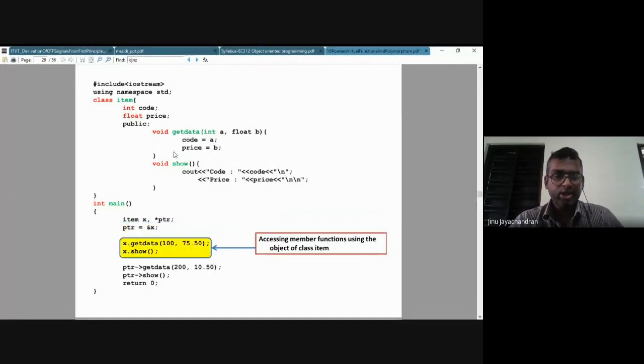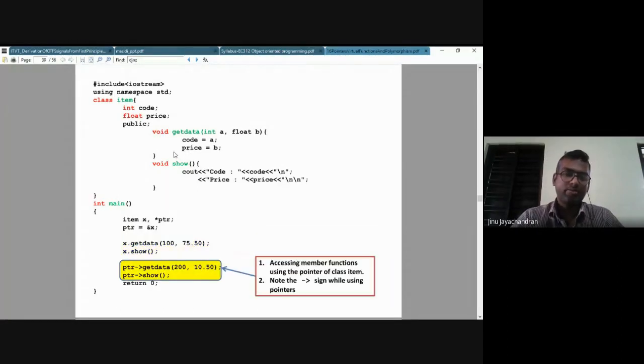When I do x dot get data with values, it will assign the values to code and price. It will also show the values when I do x dot show. But when I do ptr arrow get data, it is going to access the variables of the object x itself, and it will assign the values and show the values. So this is what pointers to objects means.